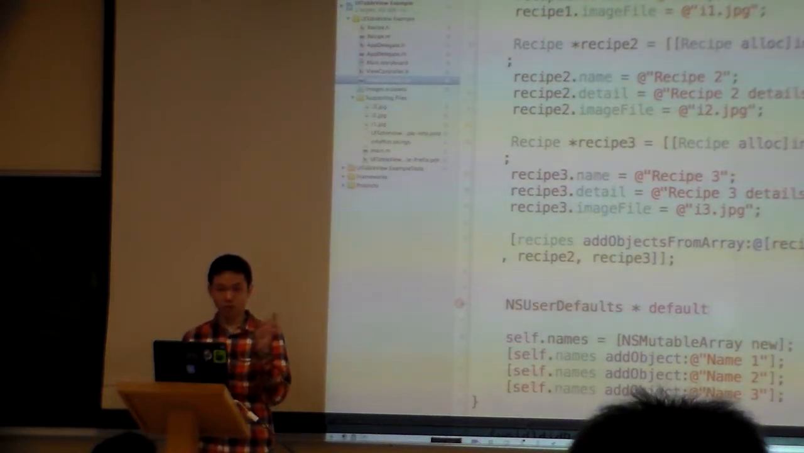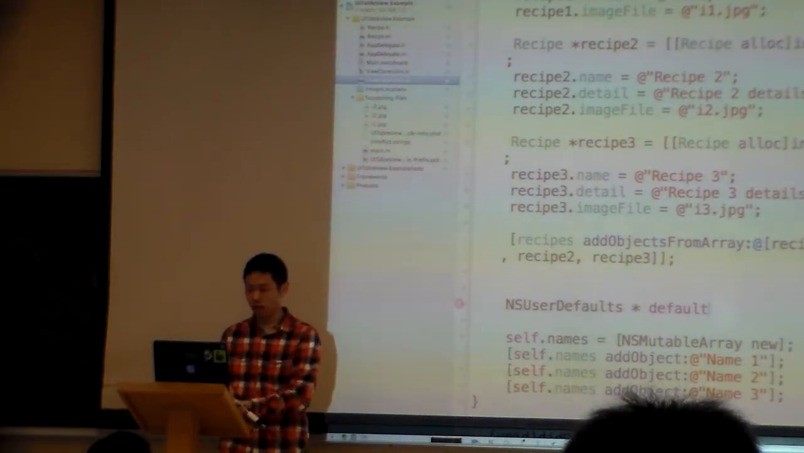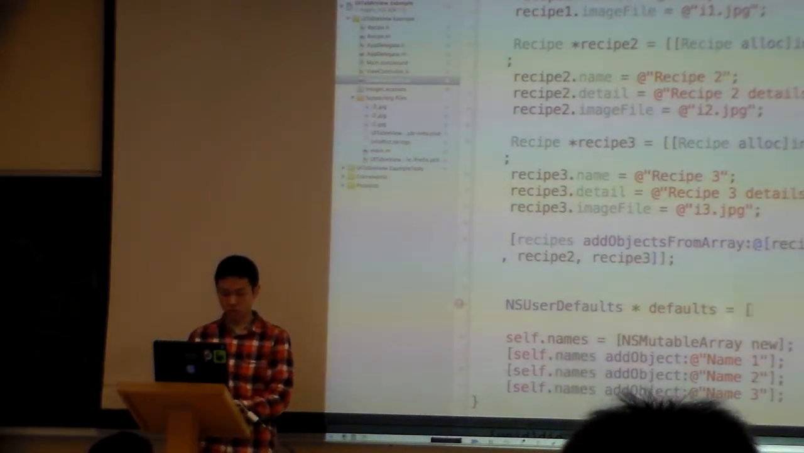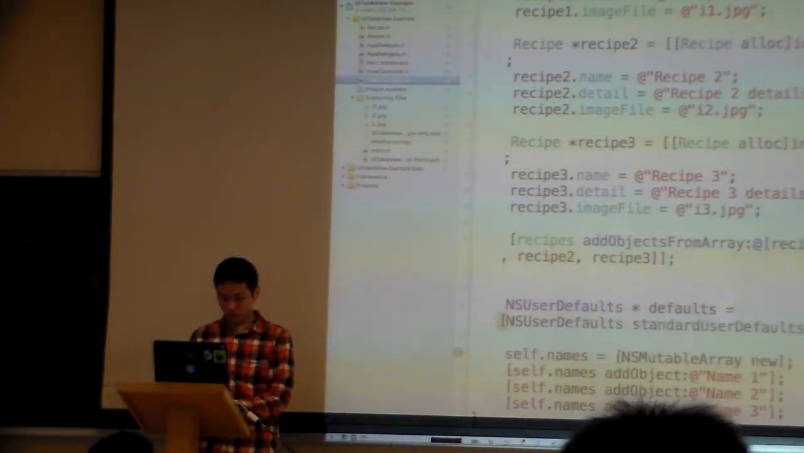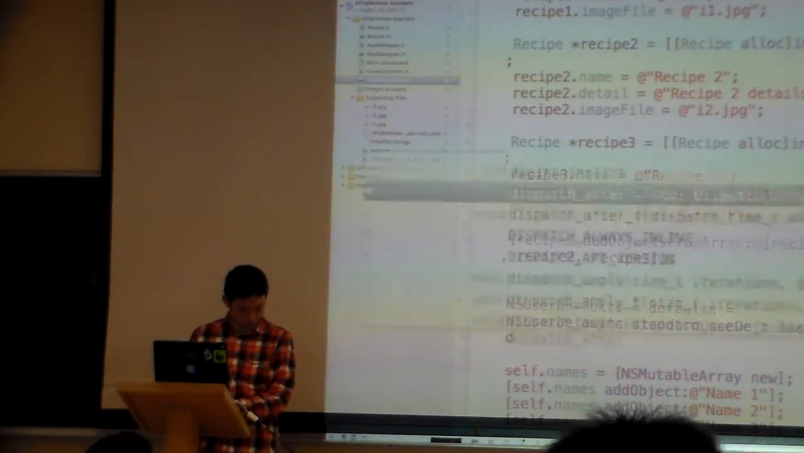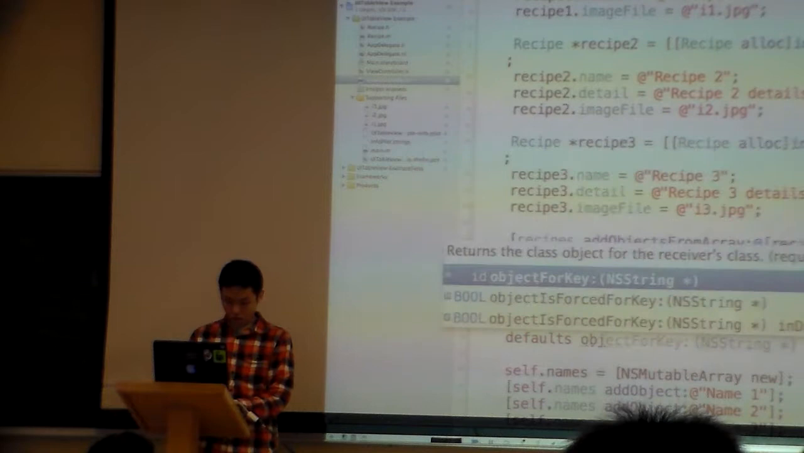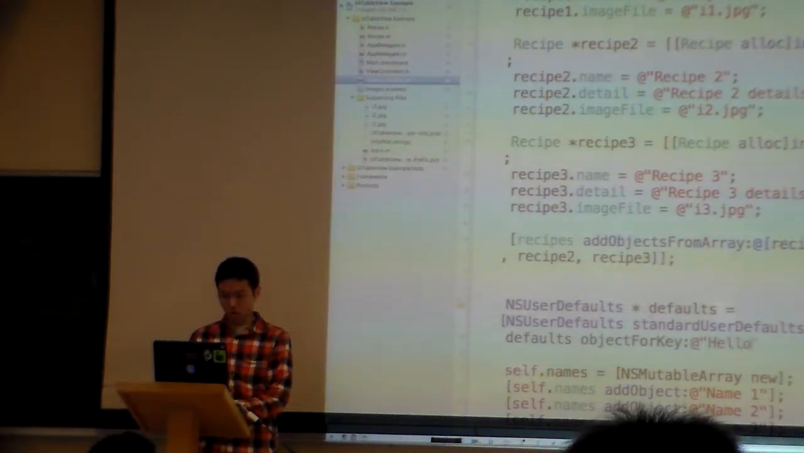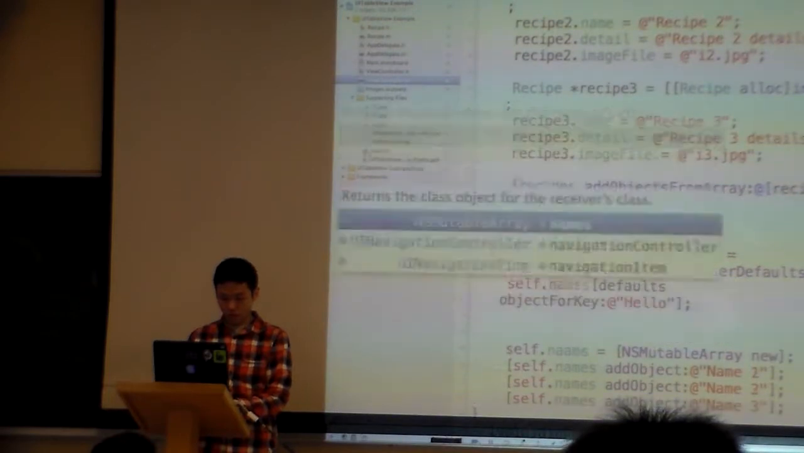Why I can't use default is because it's a keyword that is already used by Apple, so you can't use default. So I just use defaults. This variable name is completely arbitrary, so you can do whatever you want. Standard. And let's say defaults object for key. I will just say hello. And I would say self.names is equal to,